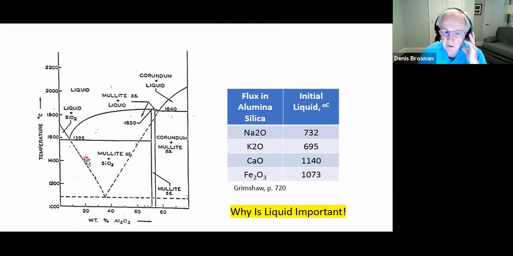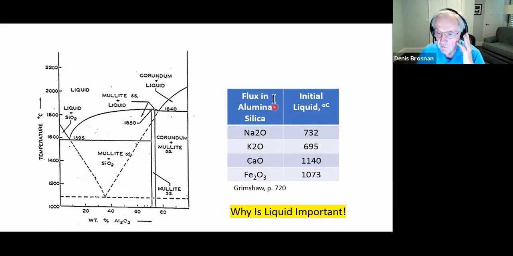So that gives us a practical phase diagram. This is not a real phase diagram, but the dotted lines in the alumina-silica system, this is silica, this is alumina, and you've seen this diagram before with the liquidus and the solidus. The dotted lines represent the practical system that's present with alkalis and alkaline earth elements present. So with alkalis and alkaline earth elements, you get a practical eutectic. For all practical purposes, all the elements combined down here around 1170 degrees Celsius. Okay,